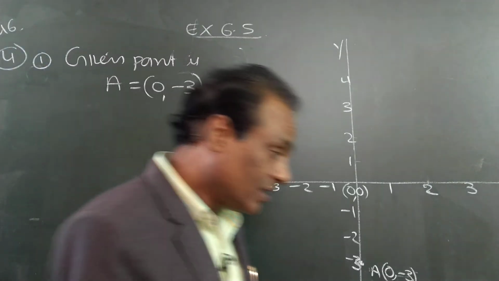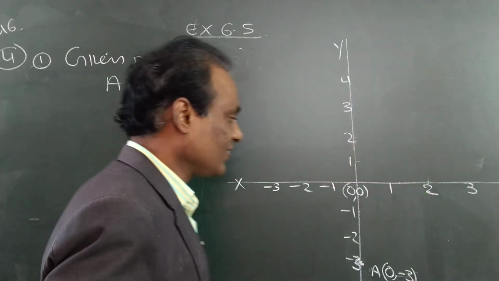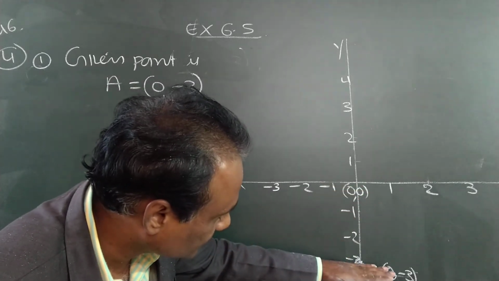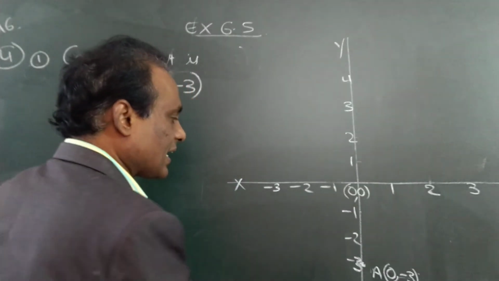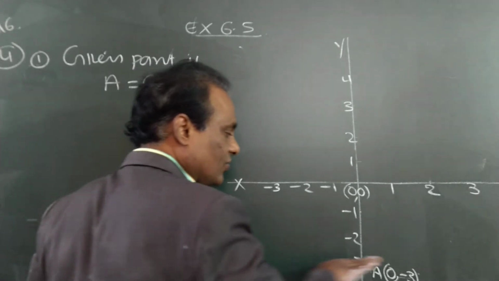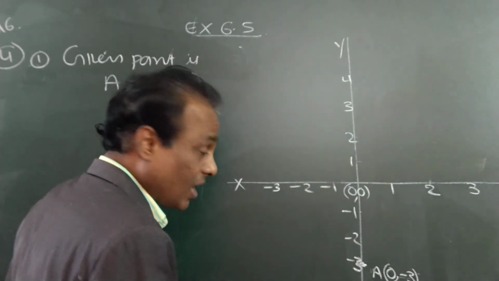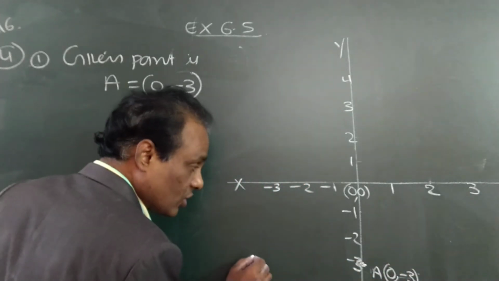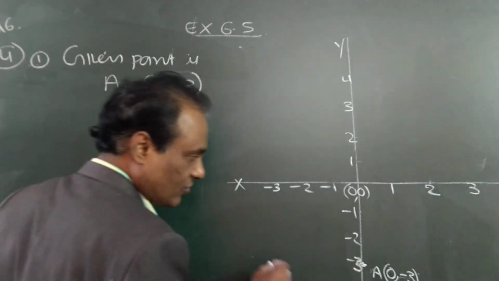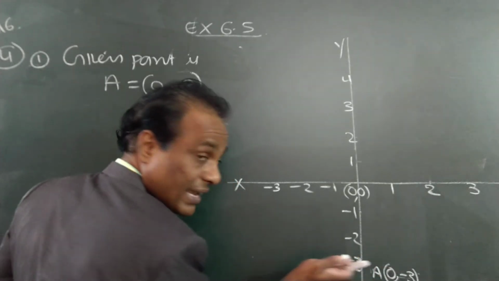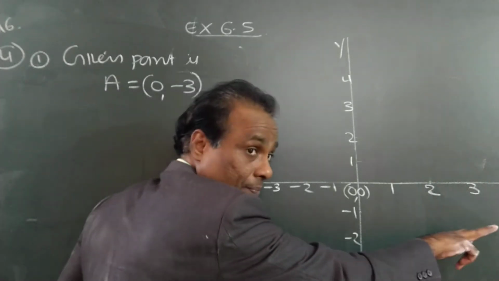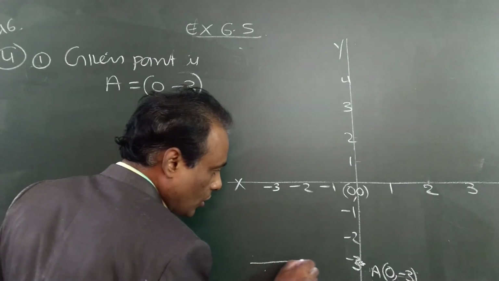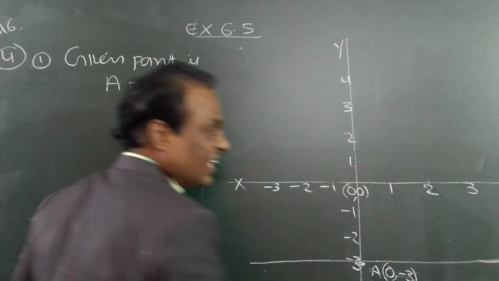How to draw a line? Parallel to the x-axis. So this is the x-axis, and parallel means like this. Take a scale and draw a line exactly parallel to the x-axis. On the graph there will already be a line at minus 3, so on that same line you have to draw. Don't draw like this or like this. Passing through minus 3 there will be a small line, and on that line you draw a big line using the scale.